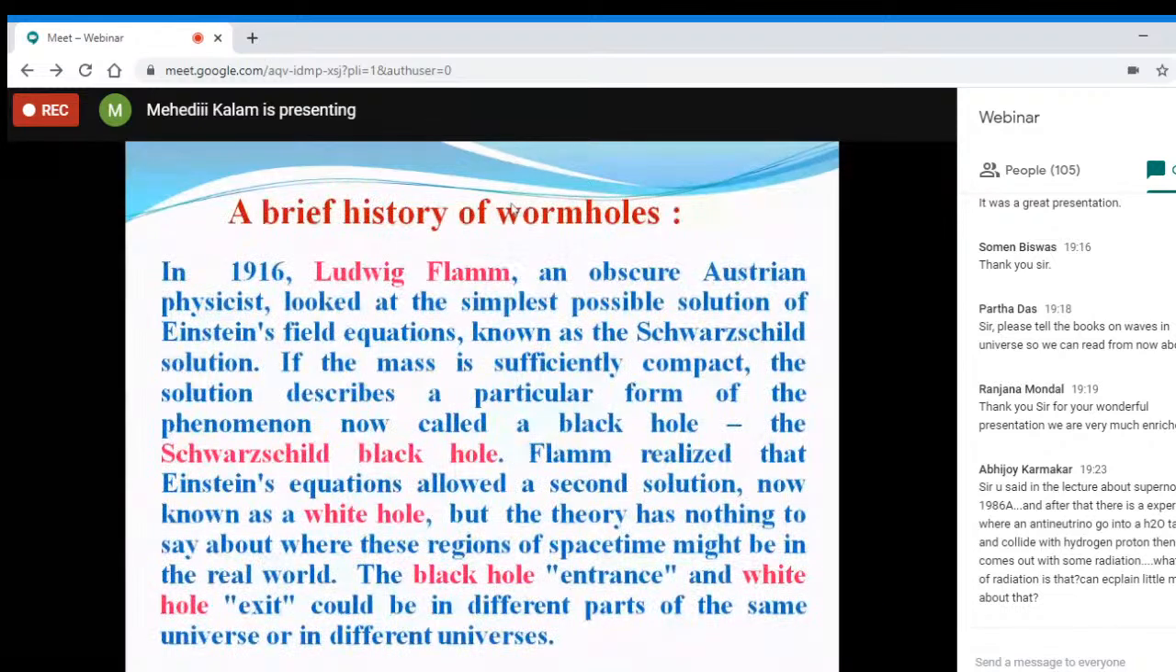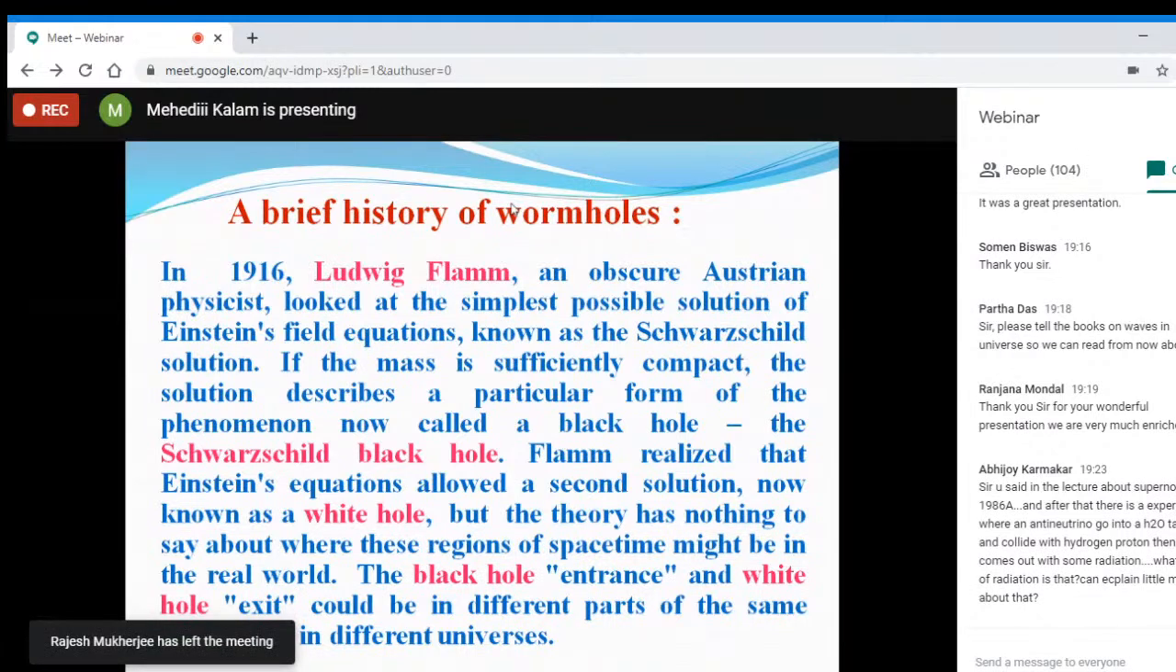A brief history of the wormhole. In 1916, Ludwig Flamm, an Austrian physicist, looked at the simplest possible solution of Einstein's field equation. One solution is the Schwarzschild solution, the famous Schwarzschild black hole. But Flamm realized that Einstein's equation allowed a second solution also, which is known as a white hole. A black hole absorbs everything and a white hole repels. So if we put a black hole on one side and a white hole on the other side, the black hole absorbs everything and the white hole will be